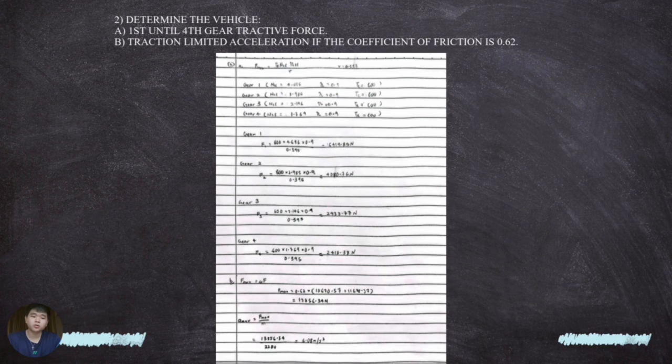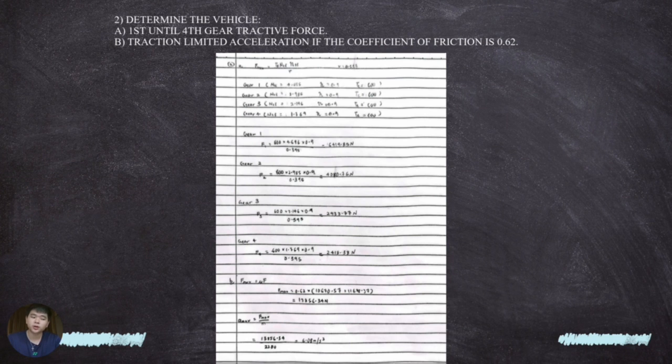and we can find out the answer easily. So task 2, we are required to determine the vehicle's first to fourth gear tractive force. To find the answer, we have to use the formula of tractive force. In this situation, the torque and the efficiency of the transmission are constant, and also the tire radius, which is 0.395. With all the information, the only difference is the gear ratio. So for the first gear, we have the gear ratio of